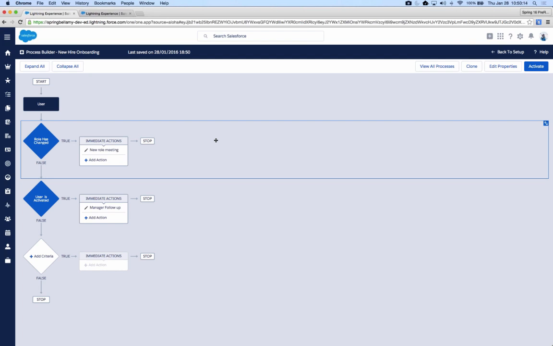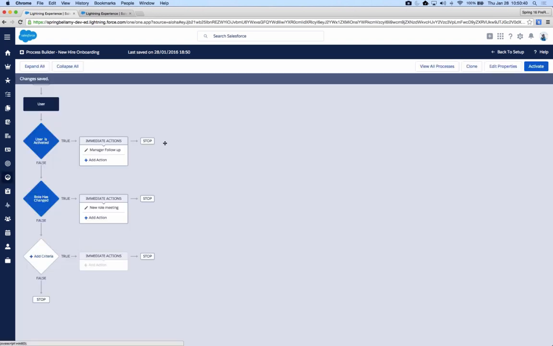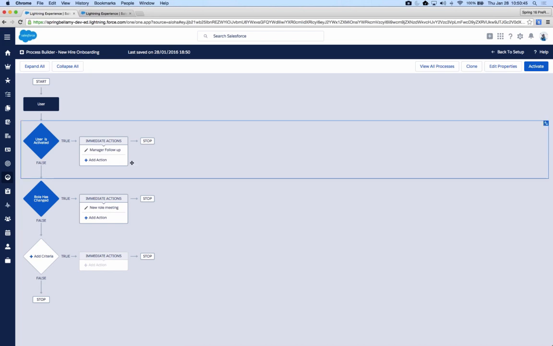Say a new business requirement comes in for our new hire onboarding process here. We may have a new business requirement around maybe a small shift change or a manager change or something like that that we want to trigger this process. And that might be a criteria that casts a really small net, so we want to make sure it's at the top. Previously we would have had to rebuild this entire thing, but now we're able to just drag and drop, maybe add a new criteria here, and then drag it back up to the top. So it's definitely an efficiency win.